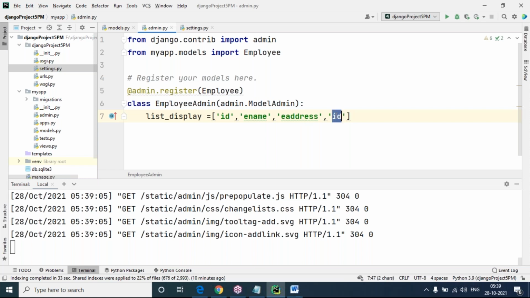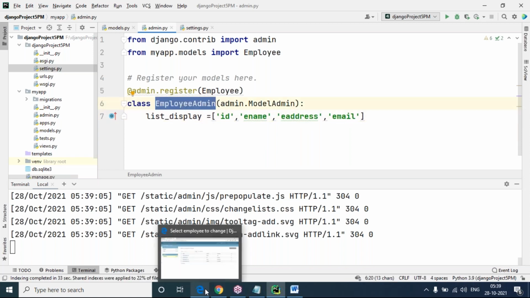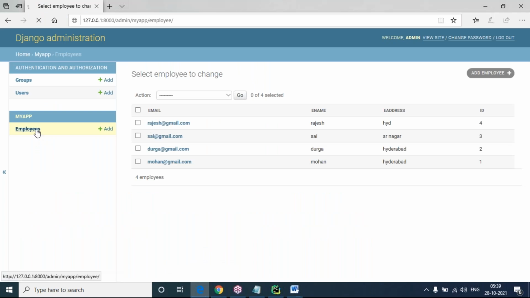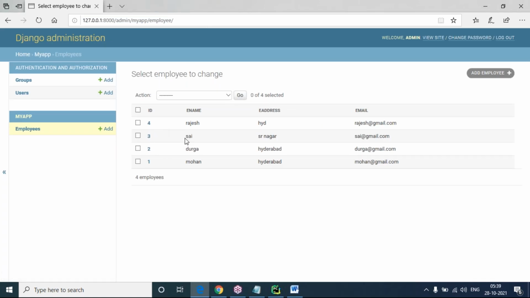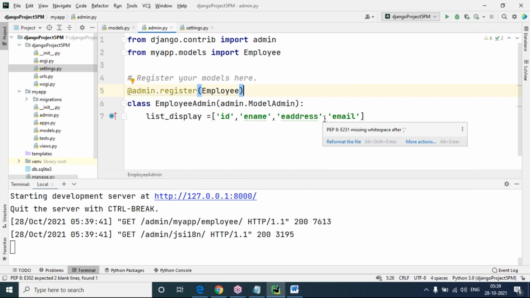Email I'm taking here. This is ModelAdmin actually. ModelAdmin is a class. This class we discussed many times in Django applications. So click on Employees. Now you can see again the server is restarting. Just refresh once. Automatically ID, names, address, email. So our admin panel is ready and everything is ready now.